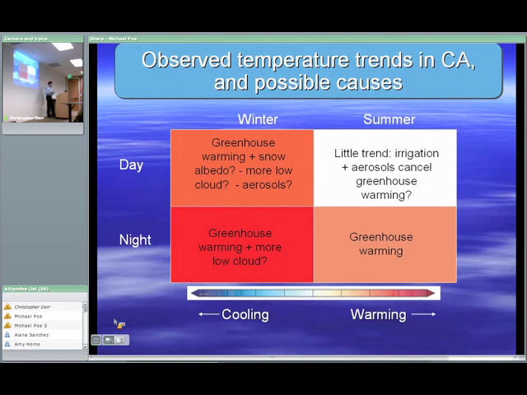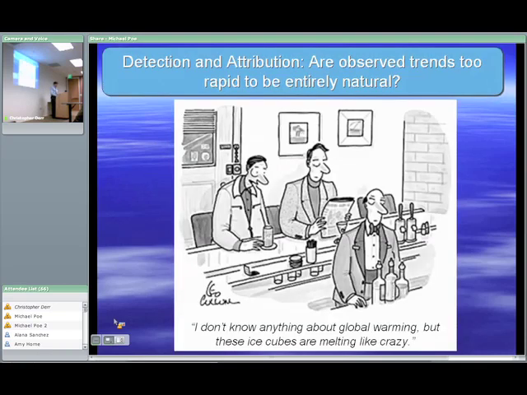The other factor that could contribute to more warming at night is an increase in low cloud. This hasn't been seen in California, but the observations aren't good enough. But if you did have an increase in low cloud, it cools in the daytime, again, by reflecting sunlight. It warms at night by acting as a blanket. So an increase in low cloud would tend to give you this effect of more warming at night than in day. And by the way, that's seen essentially everywhere, not just in California. The other factor I'll show you is that in summer and daytime, irrigation has clearly acted to cool the climate. I think that's very interesting.